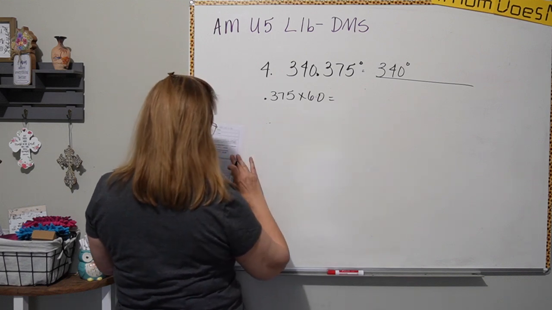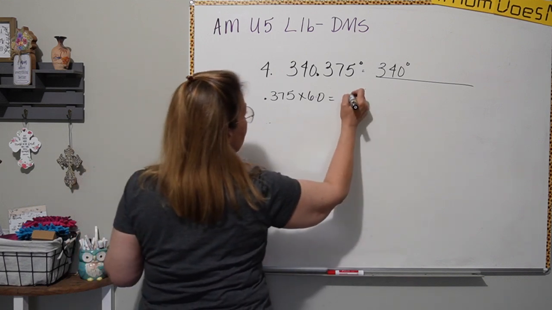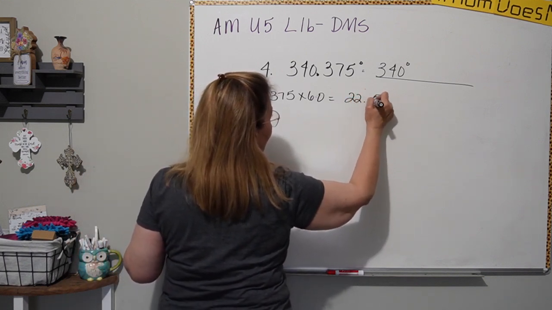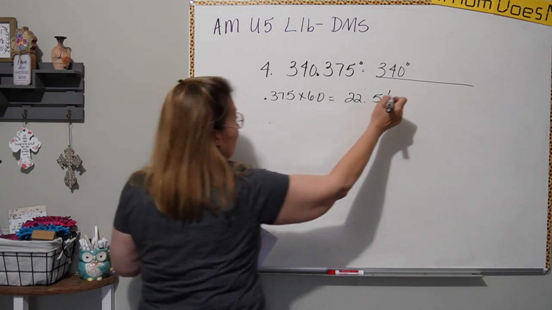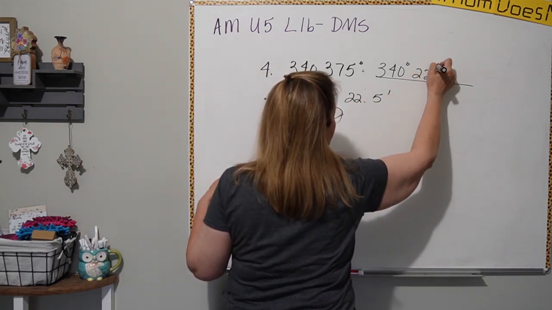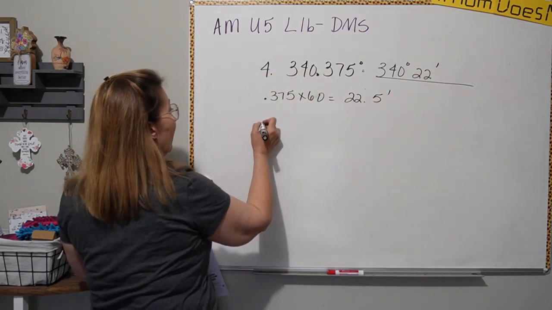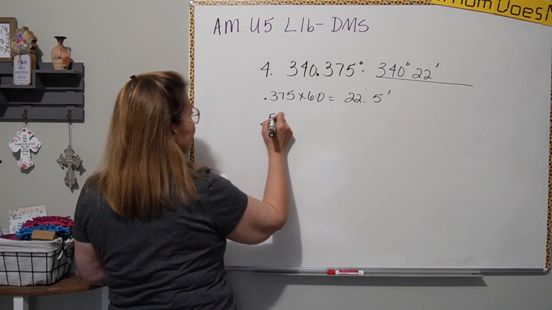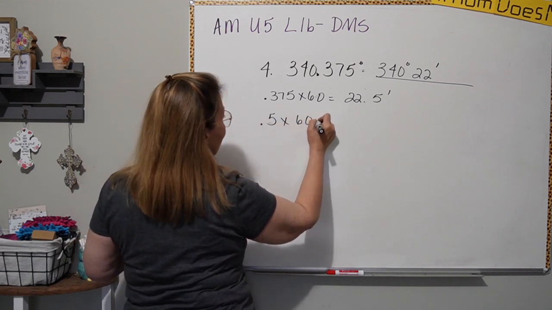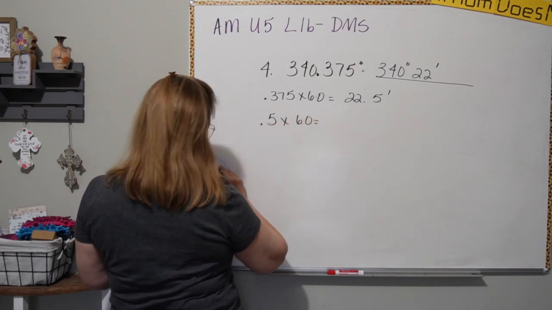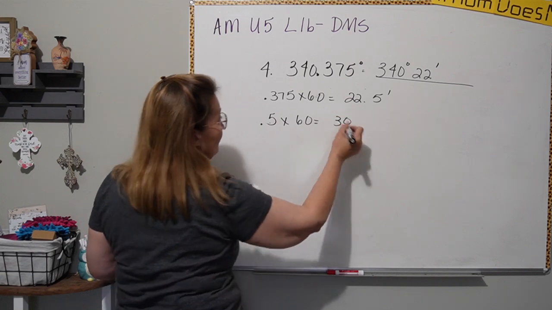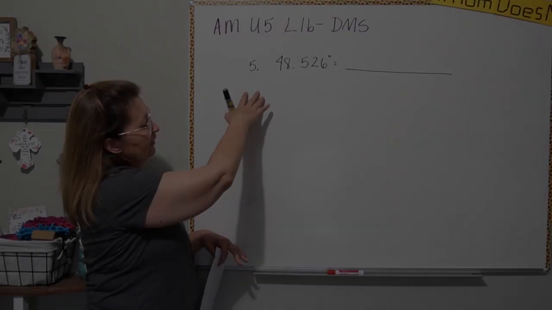And that will get me 22.5 minutes. So I'm going to take the 22, and then I'm going to take that 0.5 minute and change it to seconds by multiplying it by 60 again. And that, yes, gets me 30. Okay, number 5, I have